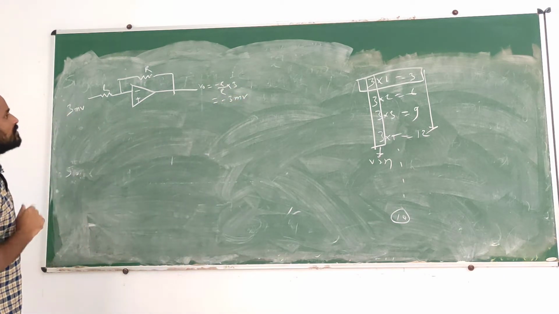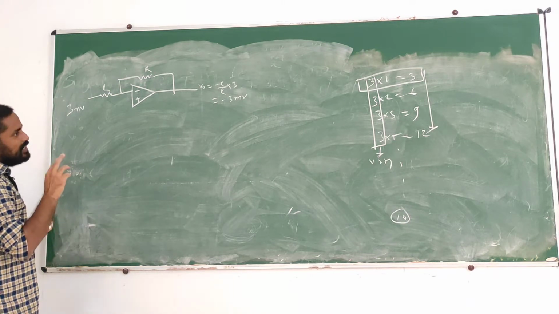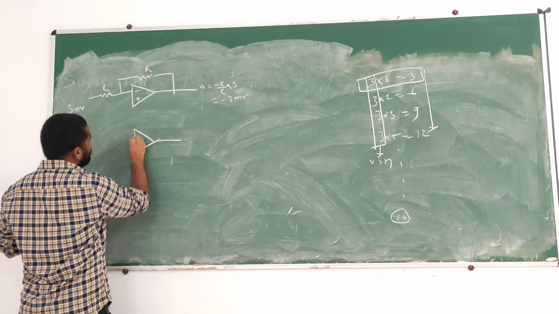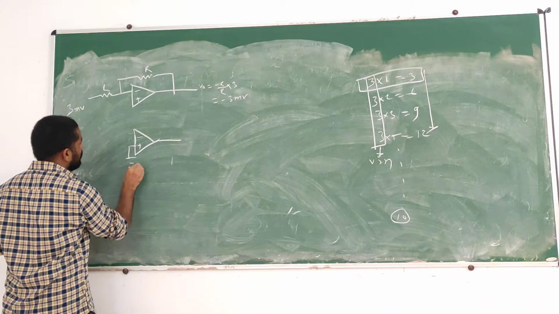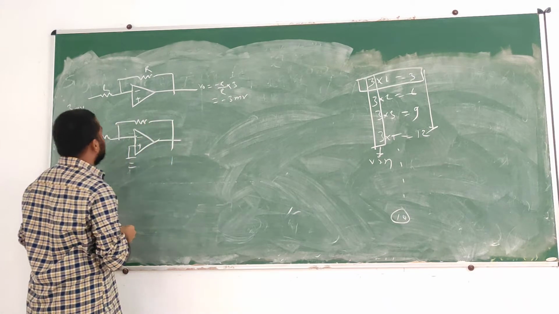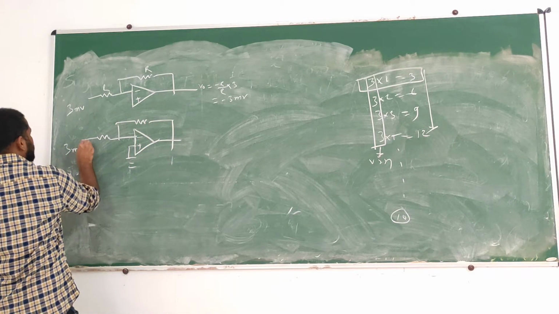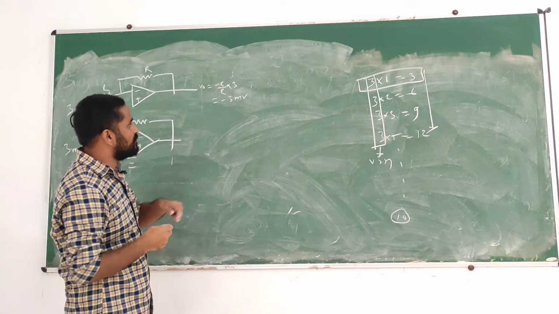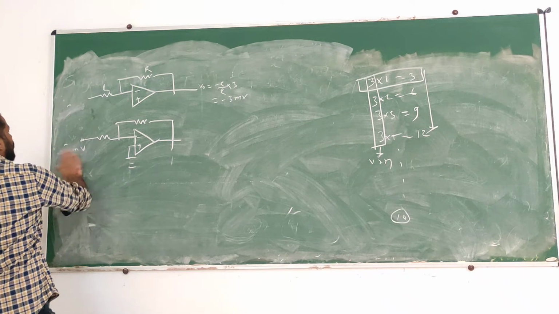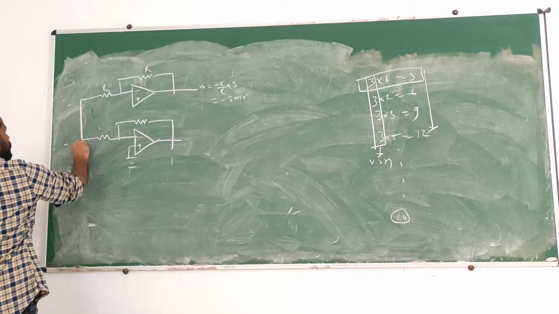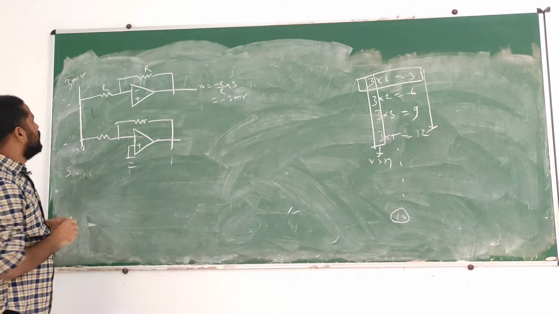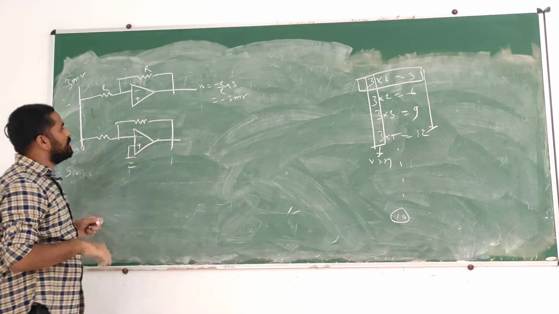Now we got minus 3 millivolt. Now if you need the 6, what you need to do, just make another inverting amplifier, just do grounding and put 3 millivolt here, because the table is of 3 and we are keeping the input voltage same. In fact, what you can do, you can short it and make this as a 3 millivolt, but here what you need to do, make gain 2.